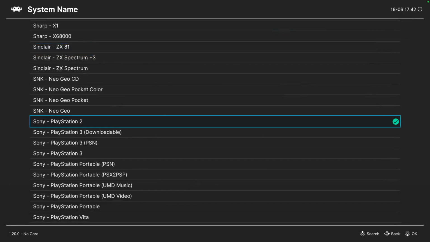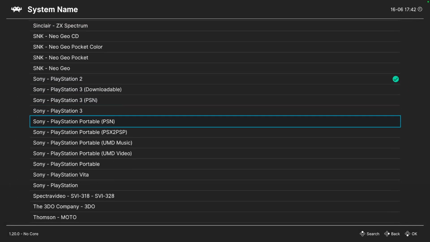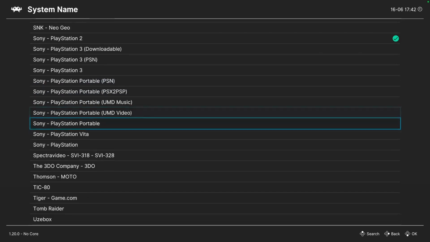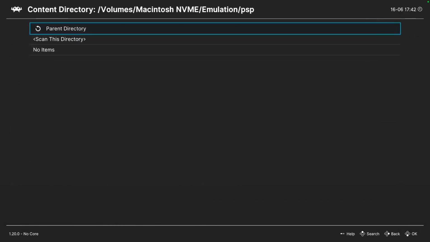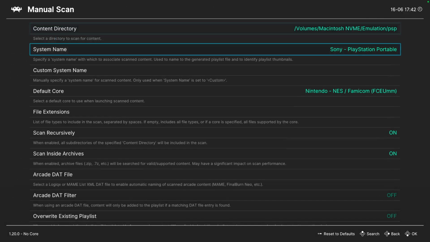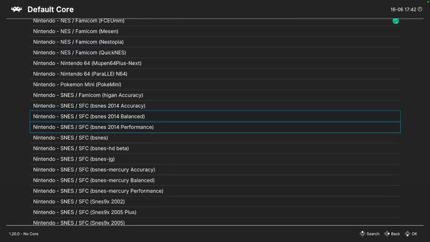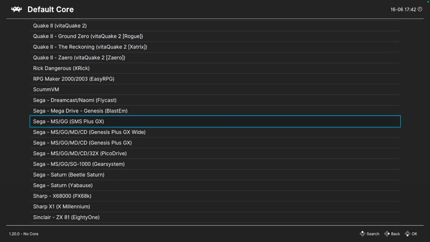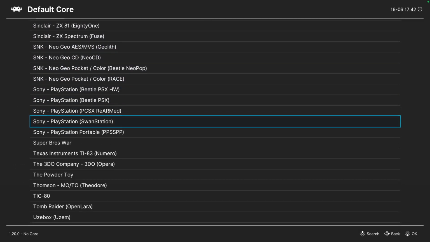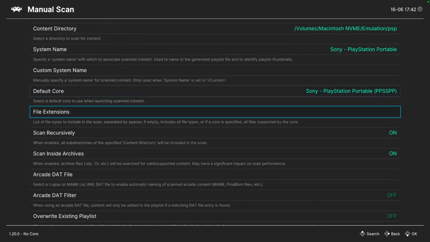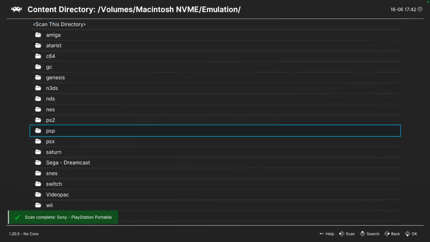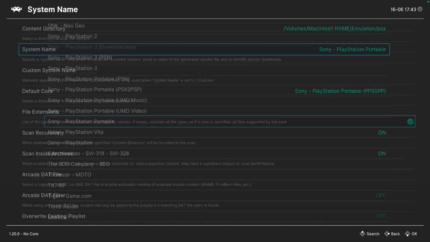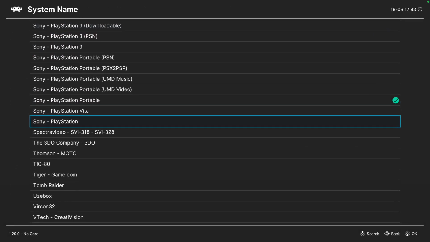So let's do PlayStation Portable. Yeah, just PlayStation Portable. And go to the PSP. And then Sony PSP. Sony PlayStation Portable. And then just start scan and then go to the PlayStation. Sony PlayStation,